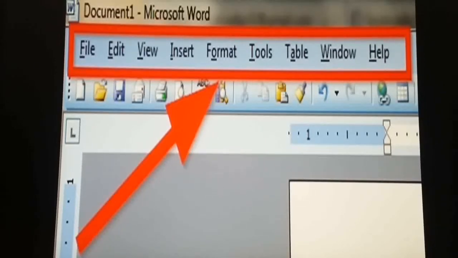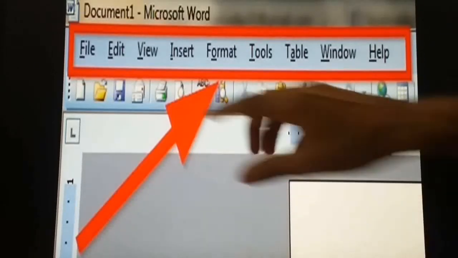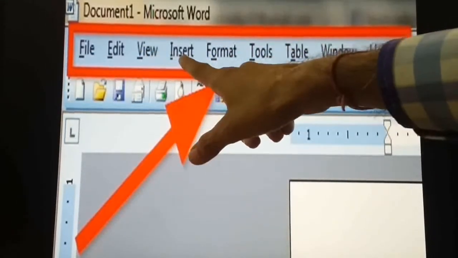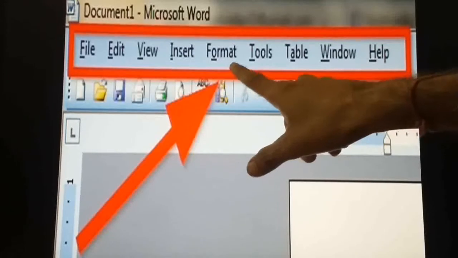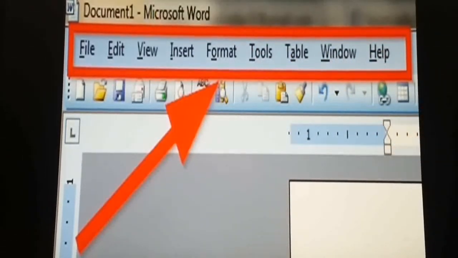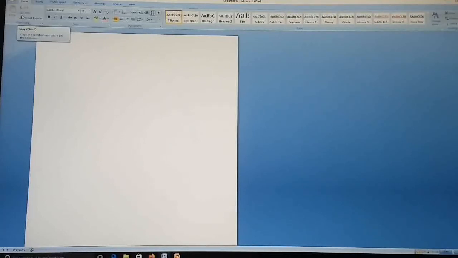Some of the menus or tabs you can see: file, edit, view, insert, format, tools, table, window, help. So here you can see the image of the Microsoft Word window.